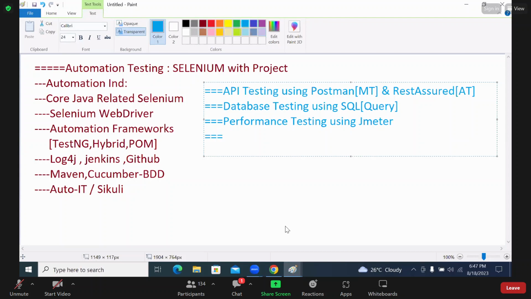And finally, we'll come to ChatGPT for software testing, for manual and automation. The ChatGPT, how exactly